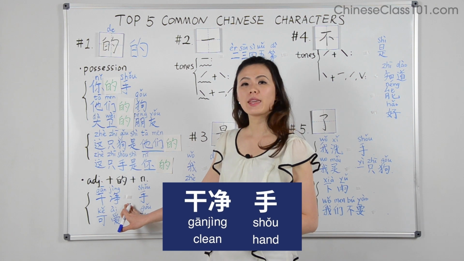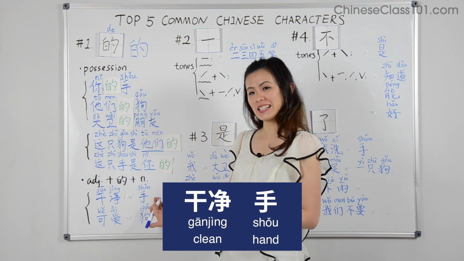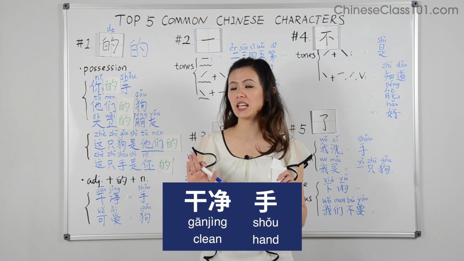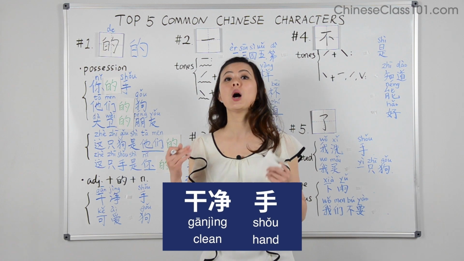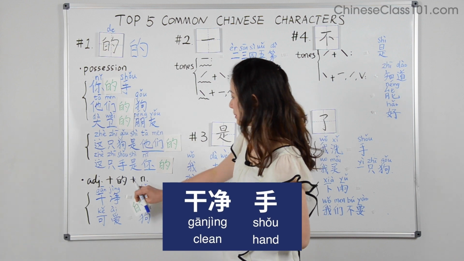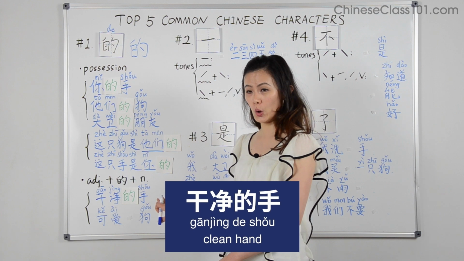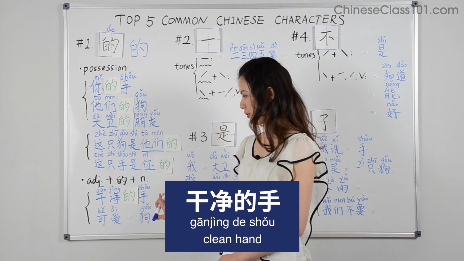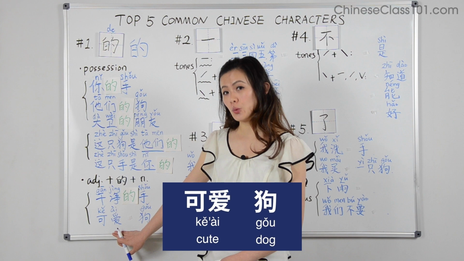干净 is an adjective meaning clean. And 手, we know, it's hand. So to say a clean hand in English, we don't need anything between the adjective 干净 and the noun 手. We just say clean hand, but it's a different case in Chinese. You need 的 in between. So we have to say 干净的手 clean hand. 干净的手。